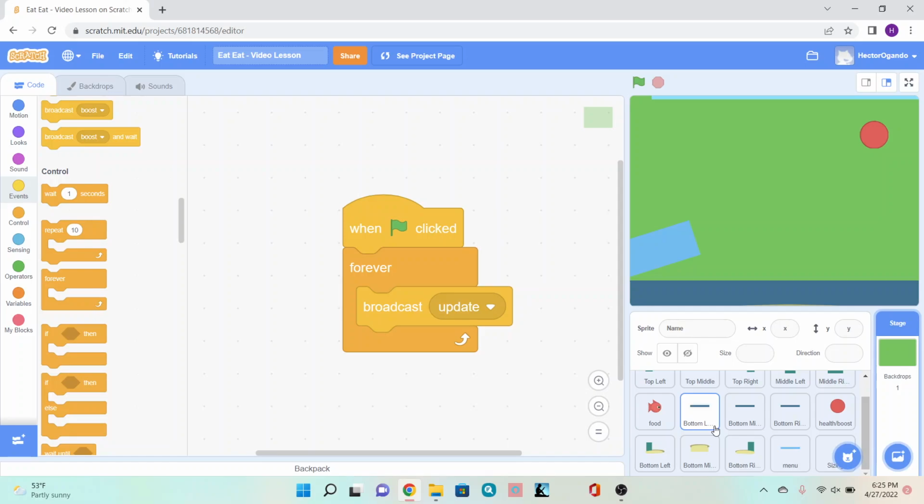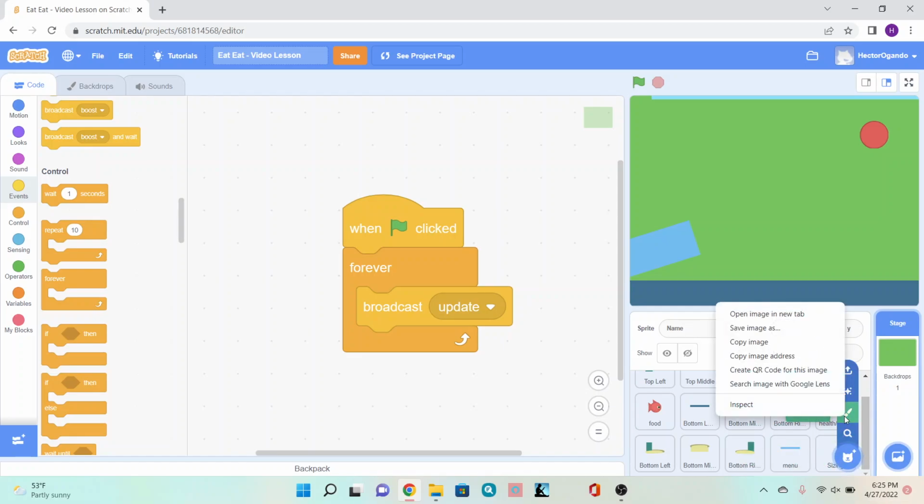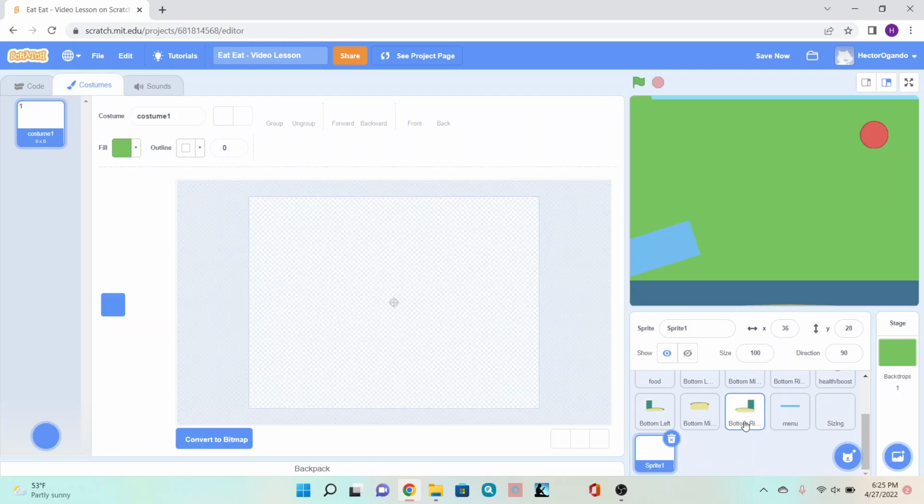Hey guys, so the next step we're going to go ahead and do is create the player. So we're going to hover over, choose a sprite. We're going to click on our paint tool. And we're going to rename this player. So now that we're done creating the sprite for the player, we're going to go ahead and create a bit